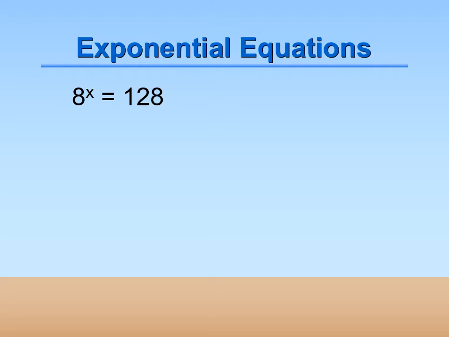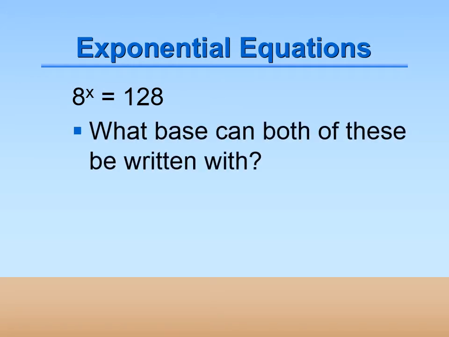Let's look at this one. 8 to the x equals 128. So 128 cannot be rewritten as 8 to some power. However, 128 can be rewritten as 2 to the 7th power. So the question is, can 8 be rewritten as 2 to some power? Well, 8 can be rewritten as 2 to the 3rd power, which means that we're going to rewrite both of